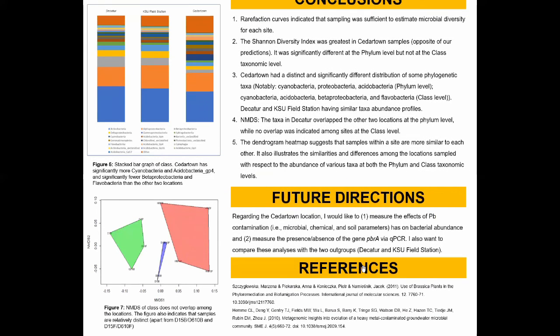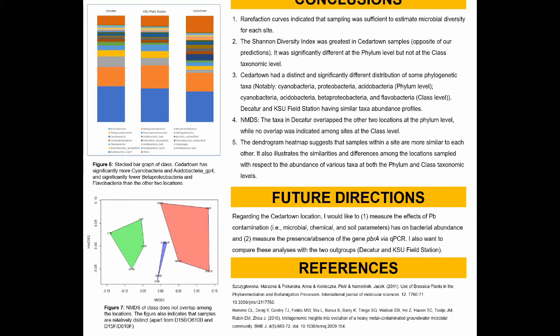So, future directions. Regarding the Cedartown location, I would really like to measure the effects of lead contamination on its bacterial abundance and measure the presence or absence of the gene PBRA via qPCR. The reason I want to specify on PBRA is that a lot of the studies looking at the diversity of lead contaminated soils usually look at PBRA, because it is one of those genes that help the bacteria resist and thrive in toxic